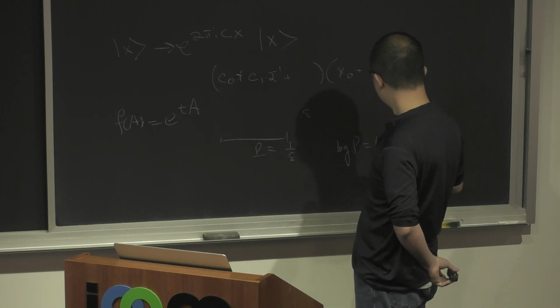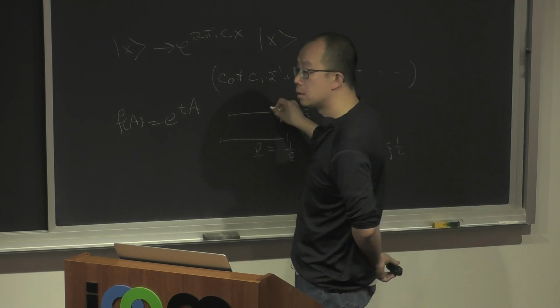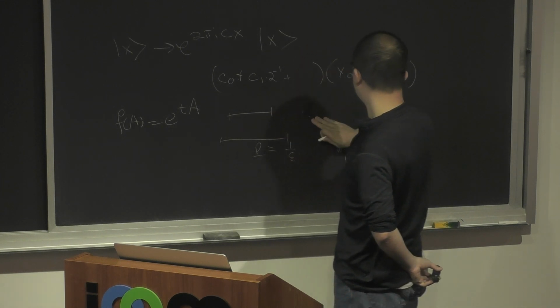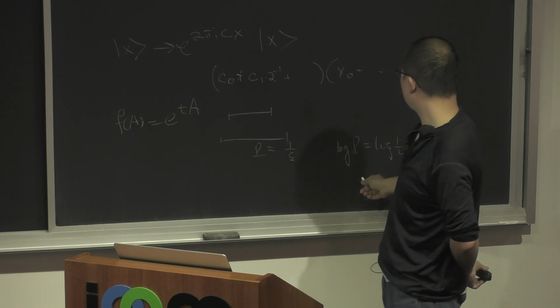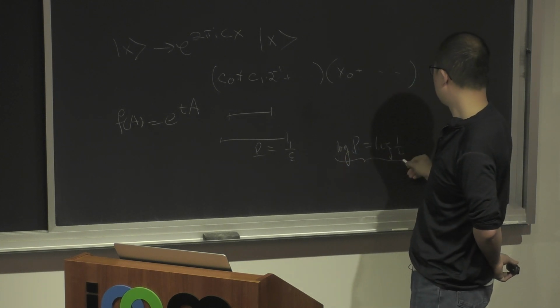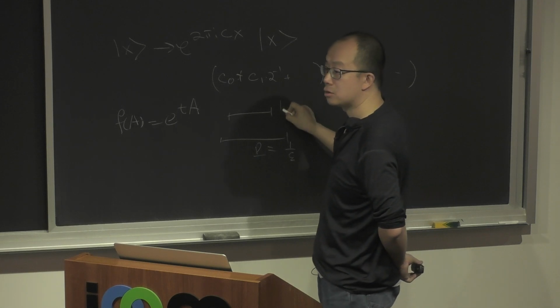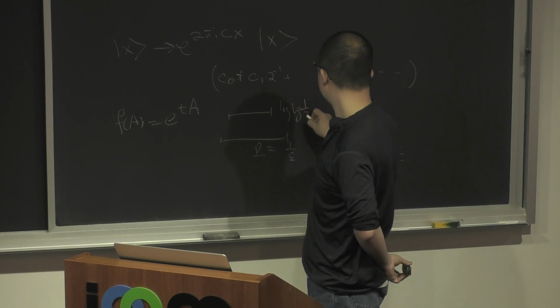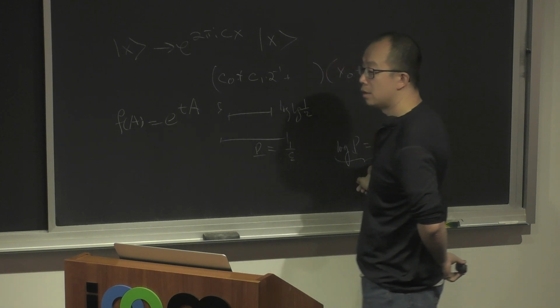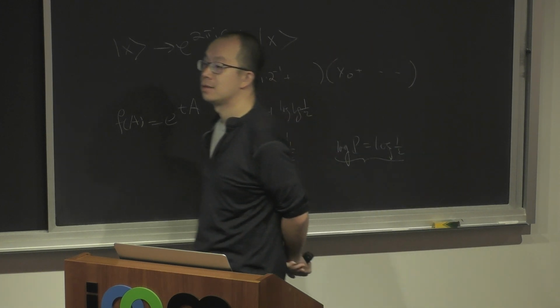If the number of grid points is already log 1 over epsilon, then the cost becomes log of log 1 over epsilon, which is good. Sorry, what do you mean? In the spectrum, you only need log 1 over epsilon grid points, and then the cost is log of that. So you get log over log, which is good.